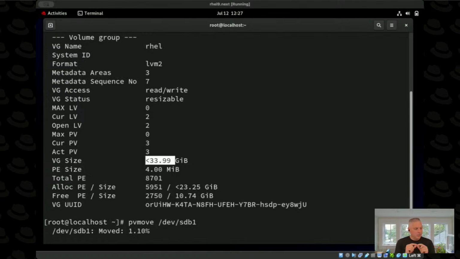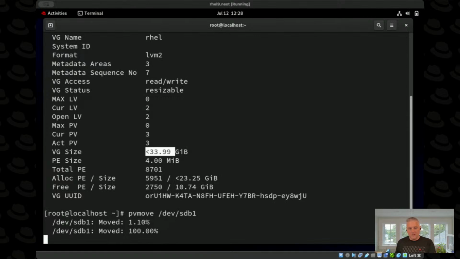and it can be run live while the system is active and the file system is active. And what it's doing is it's looking at each one of those extents in dev sdb1 and it's copying them to other available extents within my volume group. And since the space that I have that's available is on dev sdb3, basically took all the content that was currently in use on dev sdb1 and copied it all into dev sdb3. So if I do a pvdisplay dev sdb3,